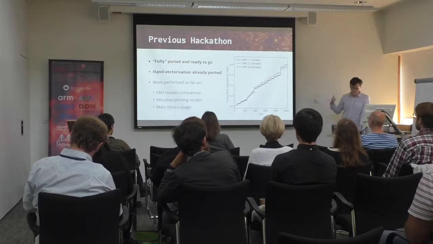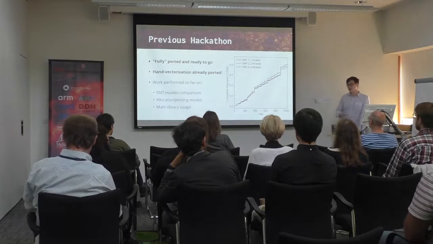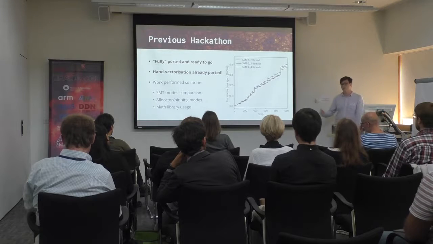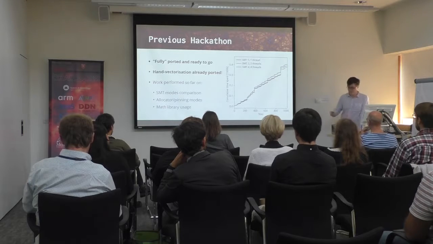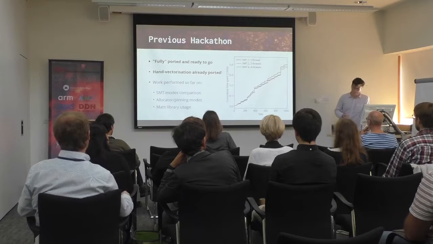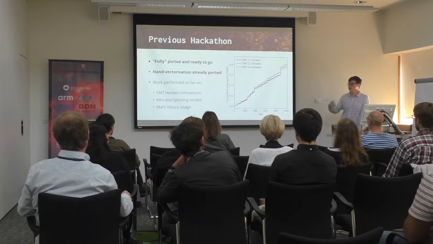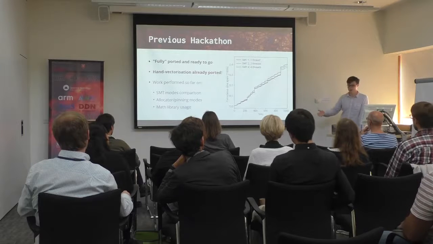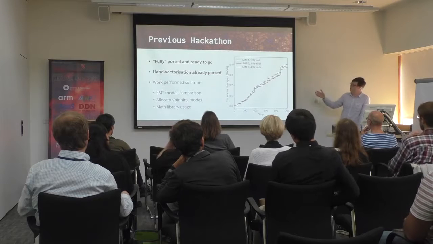So we also looked at the SMT mode. The ARM chips can run with up to 4 threads per core, as opposed to the typical 2 threads that you get on Intel with hyperthreading. And what we found is the difference between the 3 modes is somewhat small. But if we run Swift with 2 threads per core on the SMT2 mode, so you boot the system such that it only exposes 2 threads per core to the operating system, that was the one that we got the